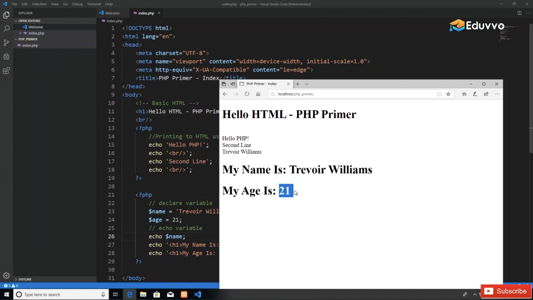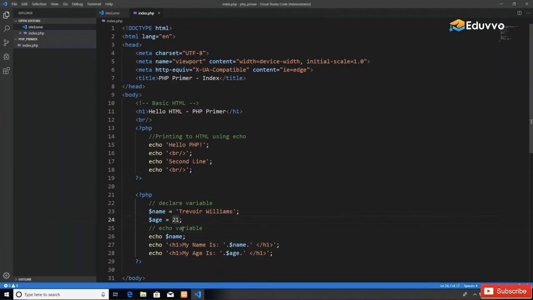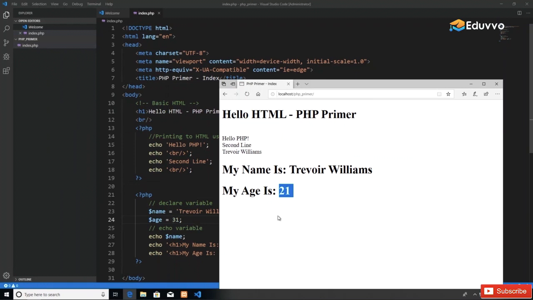is 21. All right, and just to drive home the point that I can change this to anything I want at any time, if I refresh, I just change it to 31, and I'm going to refresh, and it should print 31. So once again, whatever the value is of the variable,